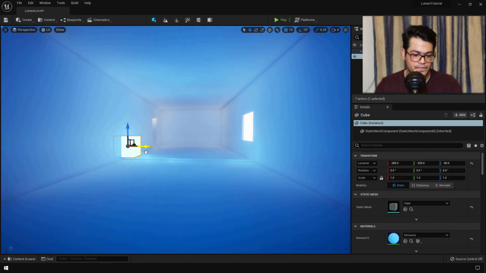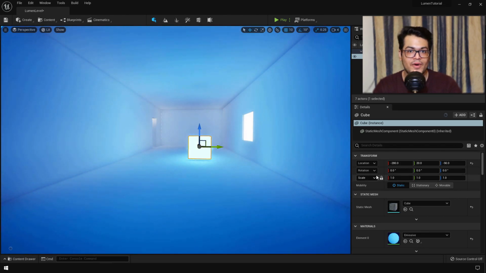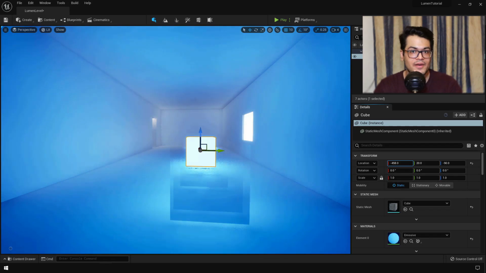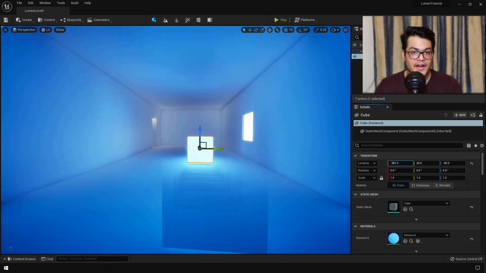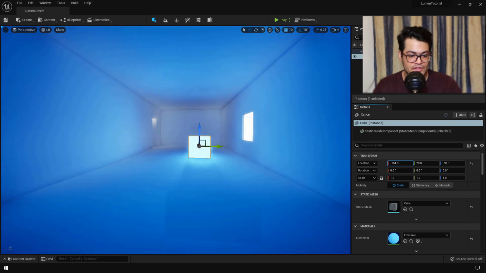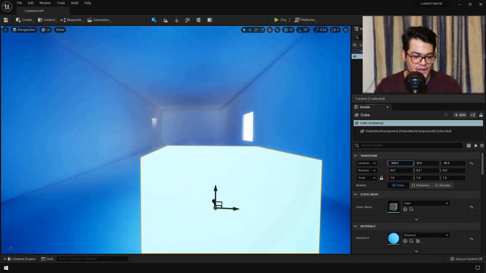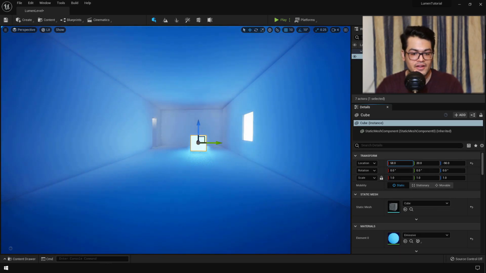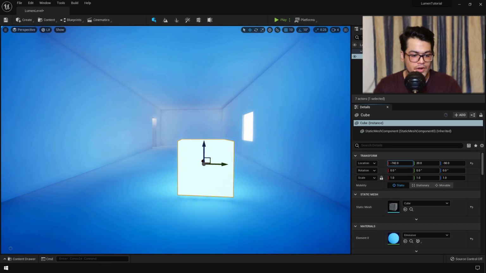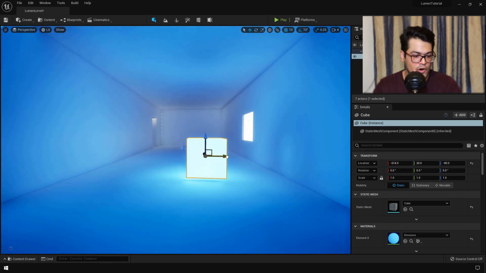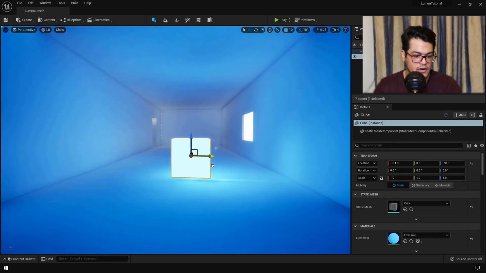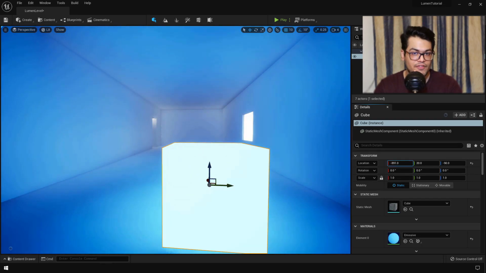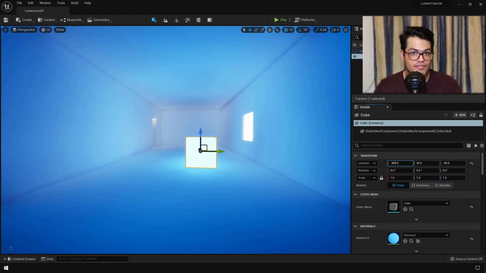It's pretty simple. And as you can see, if I move the cube around, the light is dynamically being calculated. The light is being calculated in real time, so this is pretty cool and pretty exciting. So this was not possible previously. And I don't know if you can see this, but it takes some time for Lumen to calculate this light. So if you move your objects quite fast, you can see this trail effect.